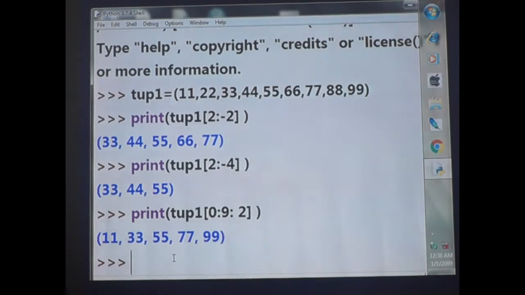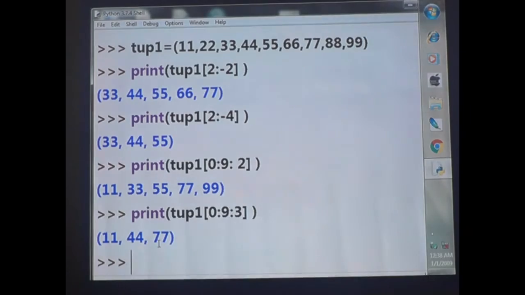Got it? Okay. One more thing. So print tup1 square bracket, inside the square bracket if I give 0 is to 9, that means from the beginning to the end. If I give 3, the output is what? 11, 44, 77. How? From the beginning to the end, you have to take 3 steps.